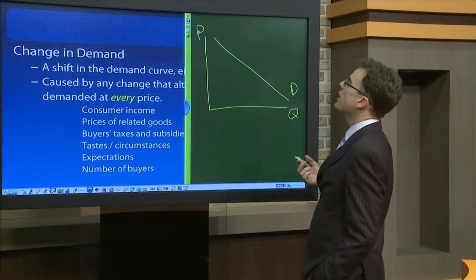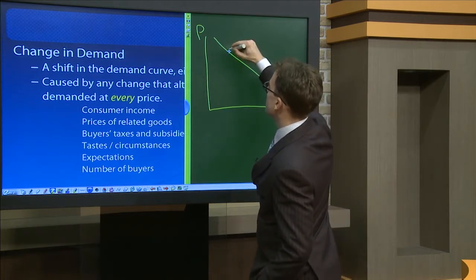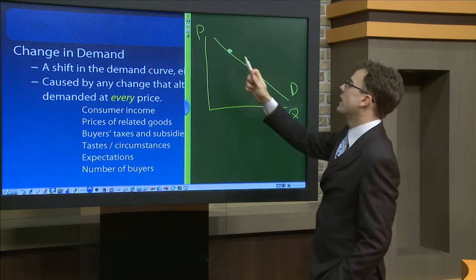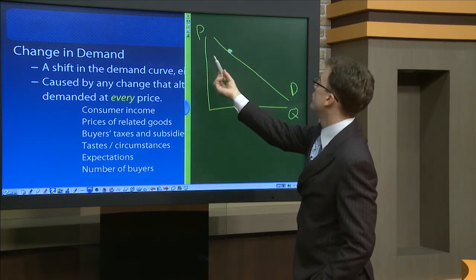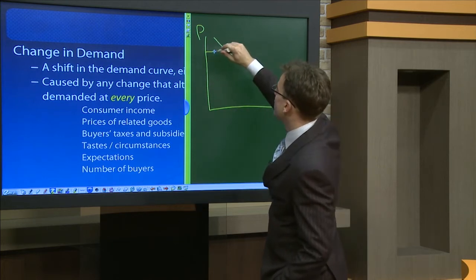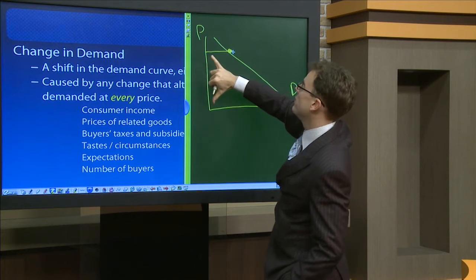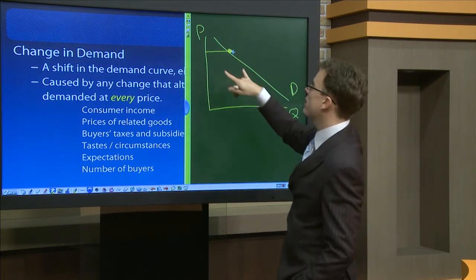The question is, what would happen to the consumer's willingness to pay? So suppose that in the beginning we were at a point like this. The consumer chose to buy, the consumer wanted to pay this amount for this quantity of the product, but now that the consumer also has